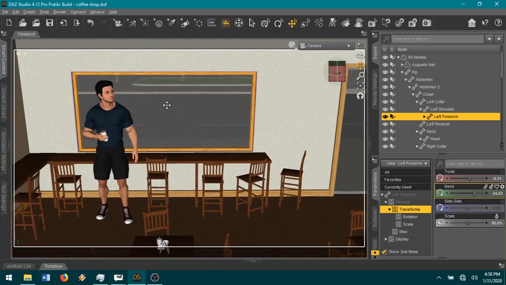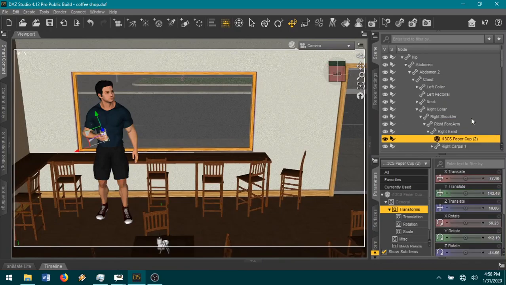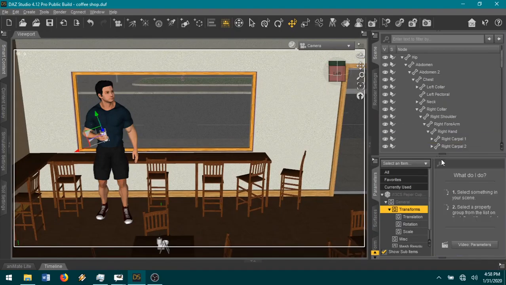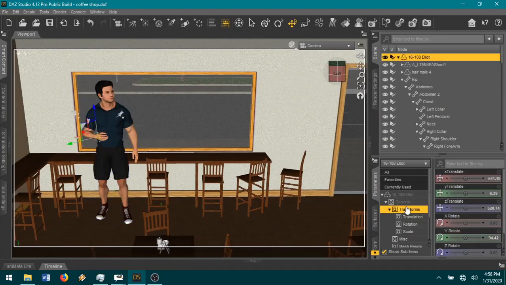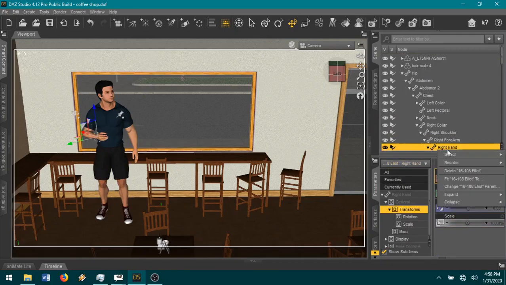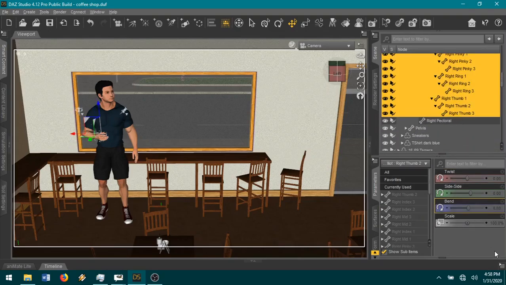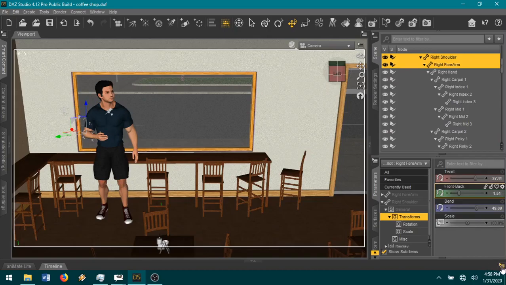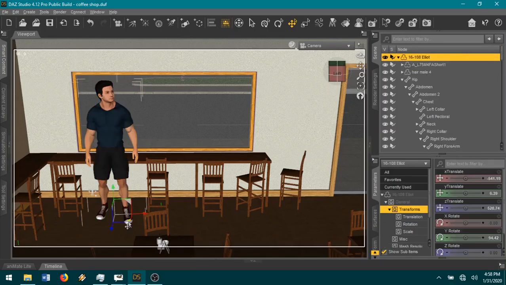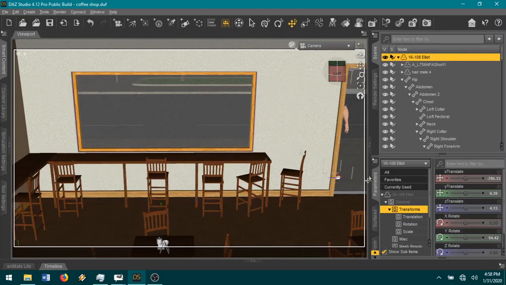The other thing is, where is Elliot? I don't need the coffee cup. I'm just going to delete this. And let's see. I've got to expand the hand because I don't remember if any of the fingers were manipulated. So we're just going to delete all the keys and reset the hand. And while we're doing it, let's do the same for the shoulder and forearm. And now, as we come into the page,